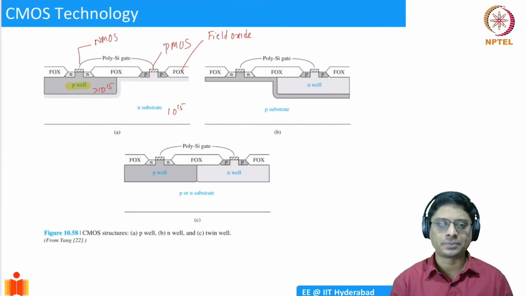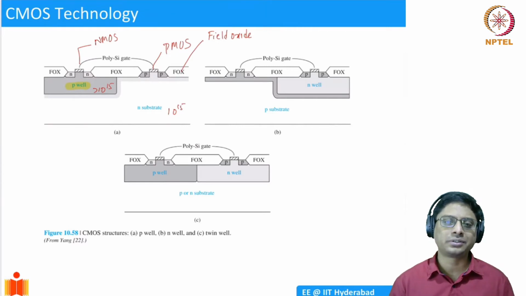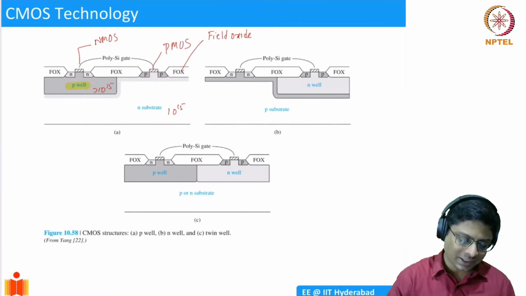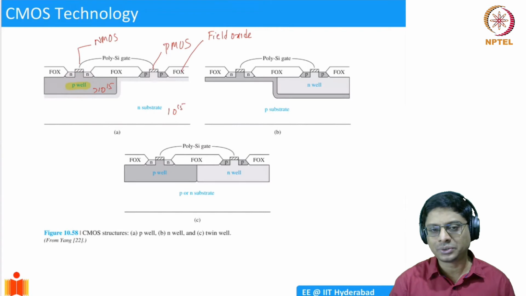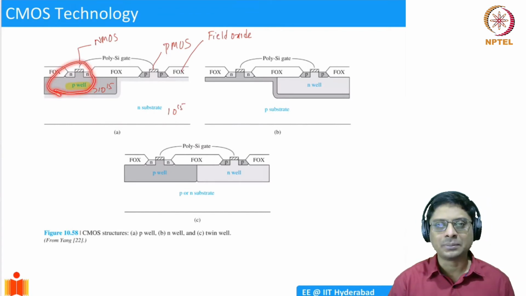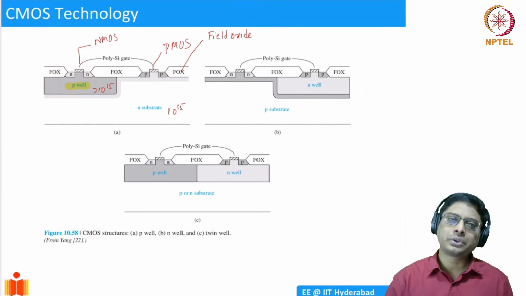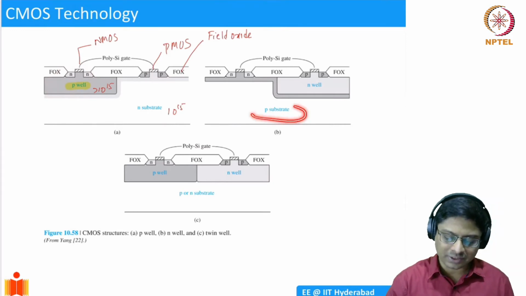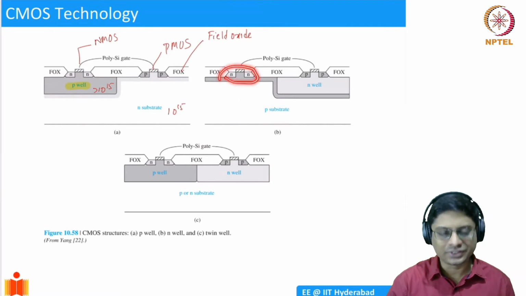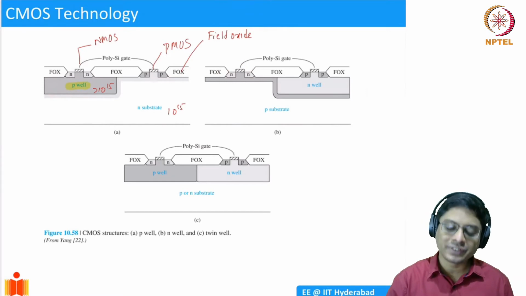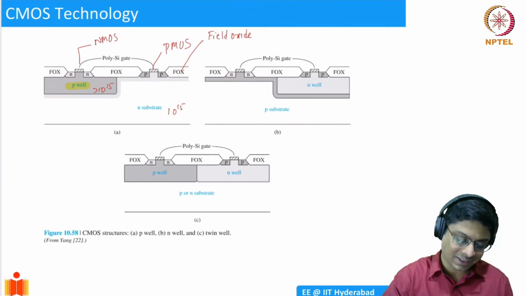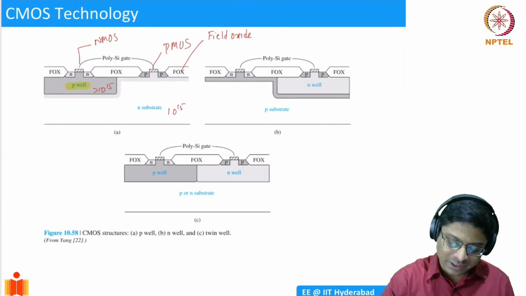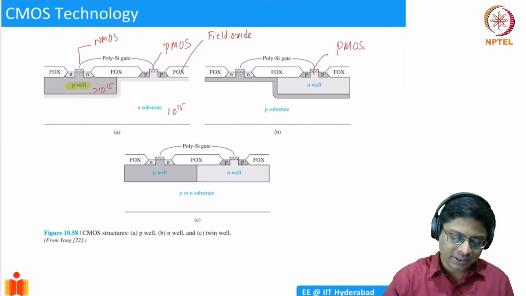This is one approach. But if you do this, you don't really have much control over the threshold voltage of the PMOS device, because whatever is the substrate, you're going to have that. Whereas for an NMOS device, I'm implanting my P well, so I can control how much doping I'm introducing into that, and I can design my NMOS device better with this. You could also take the other approach, wherein I start with a P-type substrate, so I can have an NMOS like this, with N plus regions I can create. And then I'll create my PMOS device in an N well. I keep mispronouncing it. Whenever you have a PMOS device, you have to have an N well, so we create an N well.